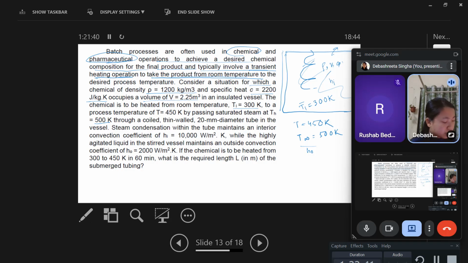per meter square Kelvin. If the chemical is heated from 300 to 450 in 60 minutes, so the final temperature is 450, it's already given before also, and the initial is 300 Kelvin. What is the required length of the submerged tubing? So the length of this coil you just need to find out. So for this,